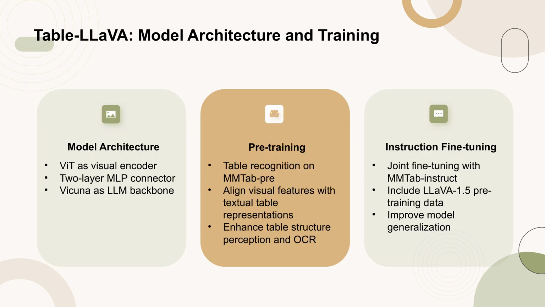The Table LLaVA model is composed of 3 main modules. A pre-trained vision transformer (ViT) model serves as the visual encoder. A 2-layer multi-layer perceptron (MLP) acts as the vision language connector, and a Vicuna model functions as the large language model (LLM) backbone. During the pre-training phase, the vision language connector is trained on the MMTab pre-training dataset with a table